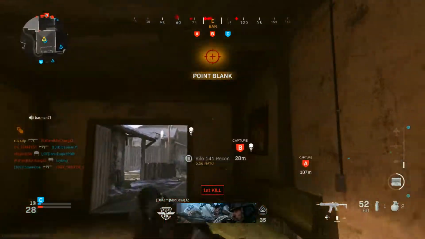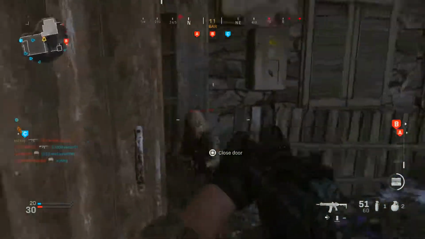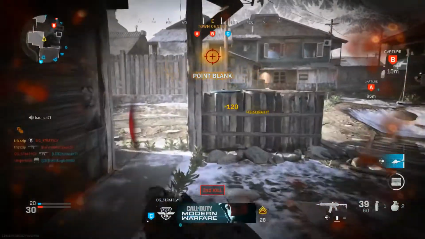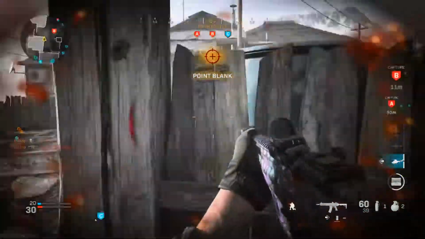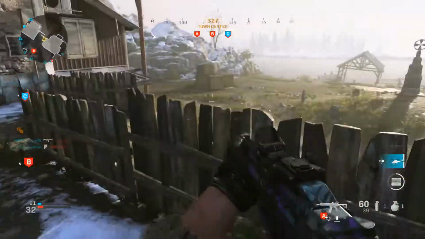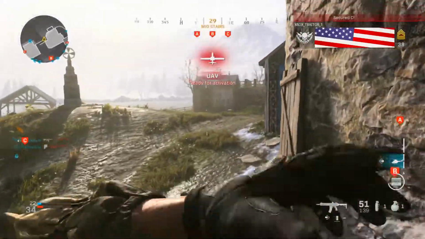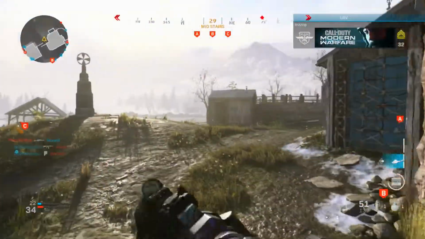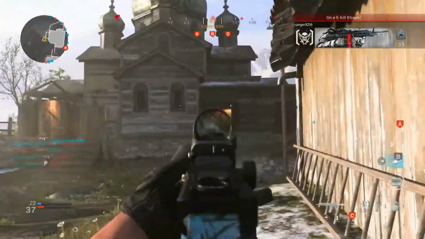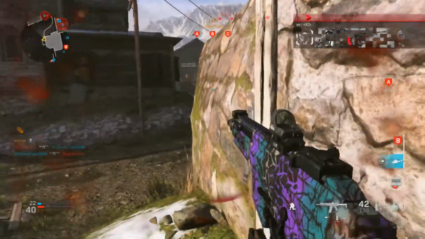The mini-map just shows you where the location of your teammates are, and if you have a UAV up, it'll show you where the enemy is. But for the most part, when there's no UAV, you want to be looking up at the radar because it gives you the little red dots where the enemies are shooting from. It doesn't give you an exact location like it did in past Call of Duties, but it gives you at least the direction where the enemies are, so you can work your way towards them instead of just running around